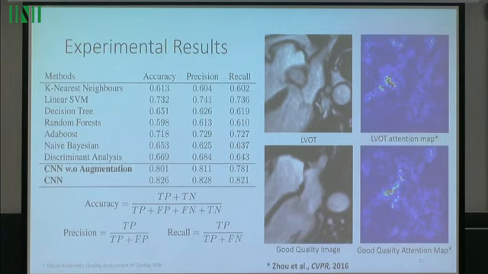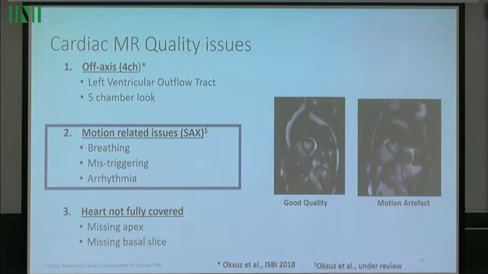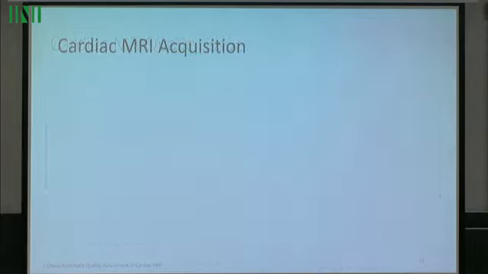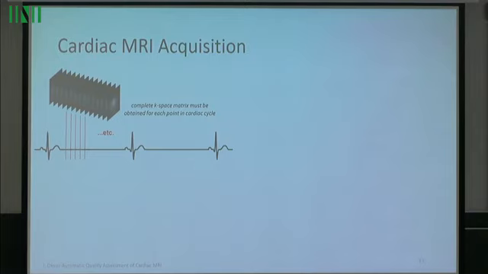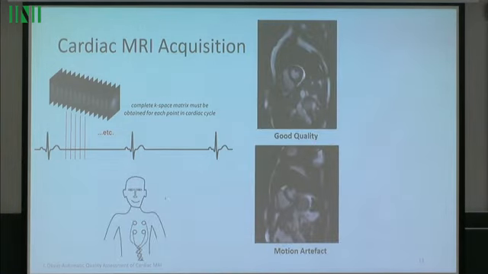Now I want to move on to motion related issues, namely breathing, mistriggering, and arrhythmia artifacts, and deep learning mechanisms to detect those types of artifacts. So, just a brief introduction on dynamic cardiac MRI acquisition. Since the constant cardiac motion challenges acquisition, ECG gating is used by attaching electrodes to determine the heart rhythm of